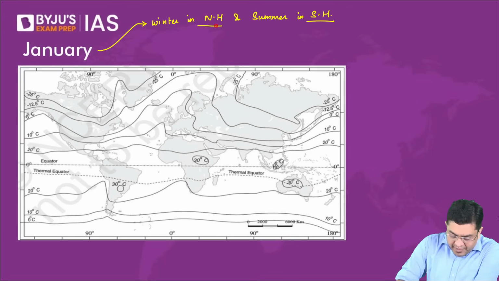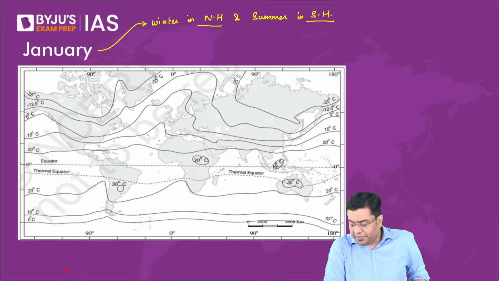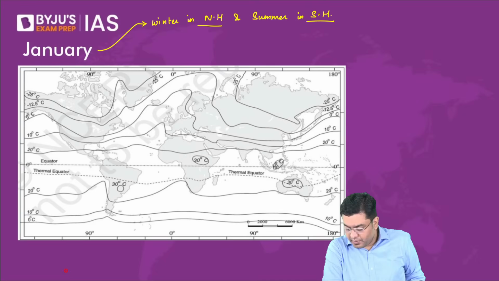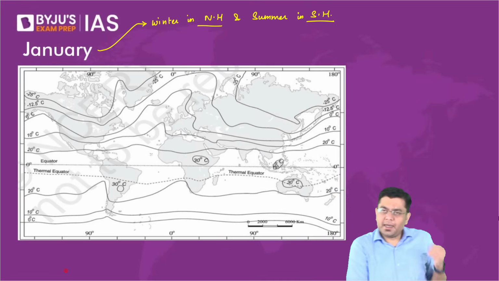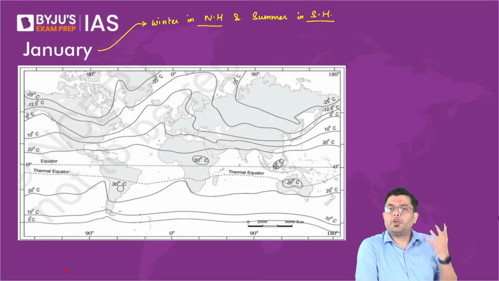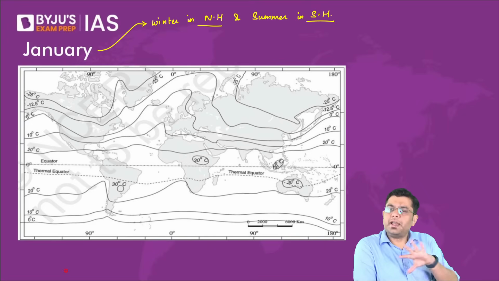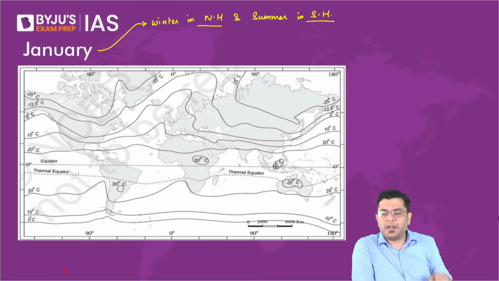Now here, when we take a look at it, basically, look at these individual isotherms. How can we know the month? It is based upon the monthly data which is recorded. That is when we draw the isotherm. It is not as if suddenly the isotherms will appear because these are imaginary lines, my dear friend. So only after you have recorded the temperature distribution of all the various different places, then you draw the relevant